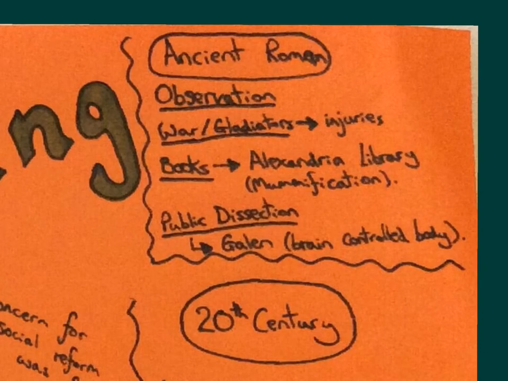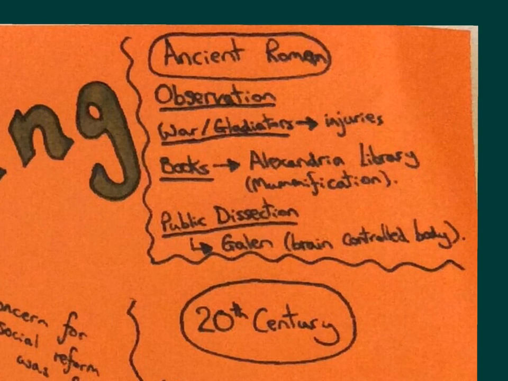Another way that people would learn in Roman times about the anatomy of the human body is through wars. There were lots of wars as the Romans had a huge empire, and also through gladiators. So at Rome, probably the most famous one, the Roman Colosseum, but also you would see a similar sort of thing going on in Britain at the time. There were places where people would fight for fun. It was a Roman form of entertainment, and the gladiators would get various injuries, and that would enable the gladiator doctors to look inside the body and learn more about anatomy through injuries. So partly through chance and partly through war as a factor there.